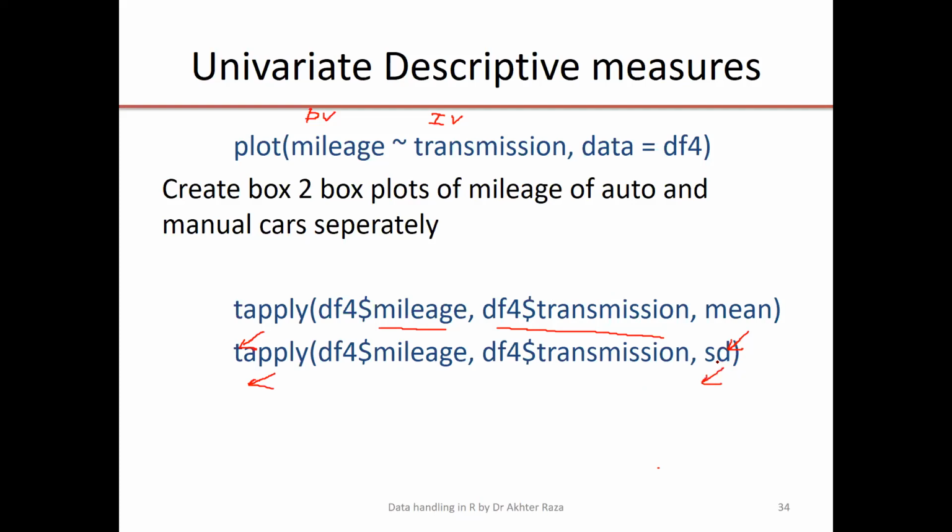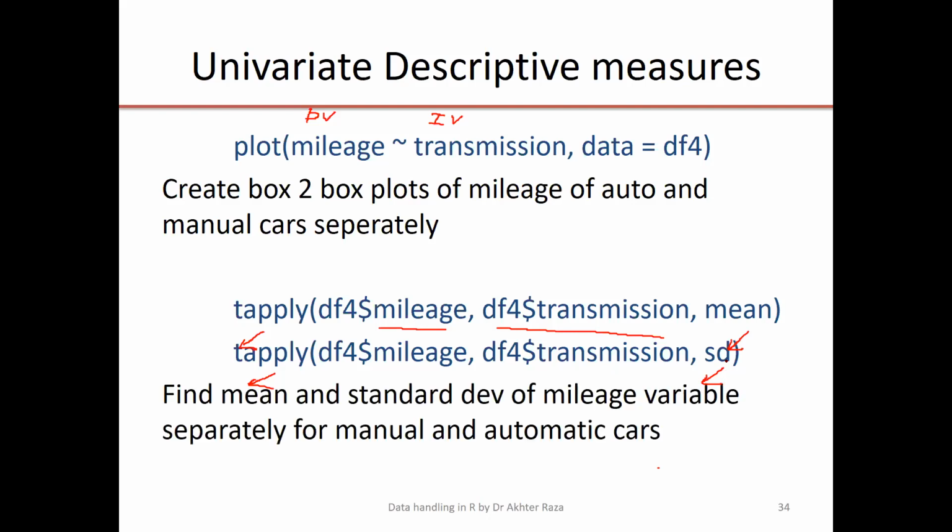The standard deviation command will be run many times. How many times? As many times as I have levels in the factor variable. The transmission variable has two factor levels, and these two levels can be used to generate the standard deviation of that. So the mean and standard deviation of the mileage variable are calculated separately for the manual and the automatic cars. If I apply this command, tapply,